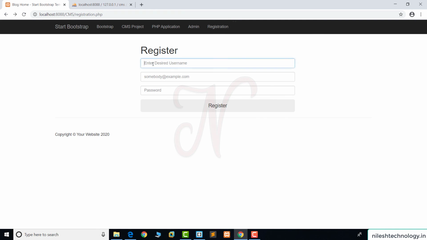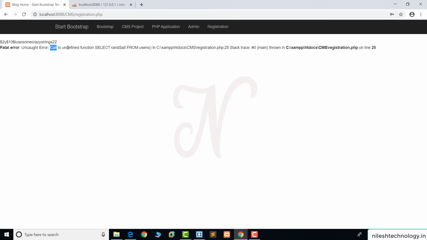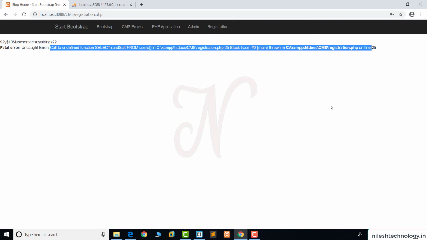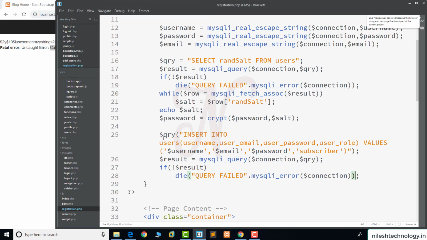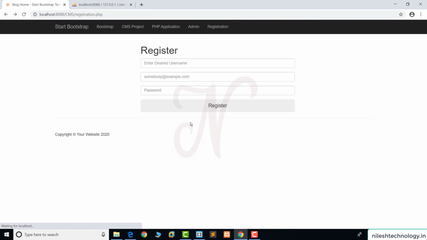So again we go to this back button. We enter some fields. For example, this is my new username, LLL@gmail.com. Password is 1234. Register. Fatal error, call to undefined function select on line number 25. So see here, sorry, query is equal to, check it again, back, we pass a string, for example, qqq@gmail.com, 1234, register.